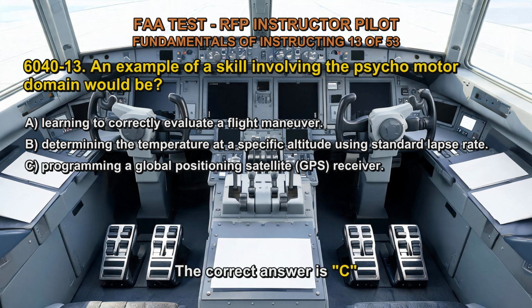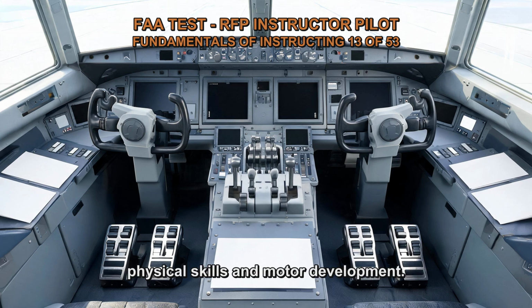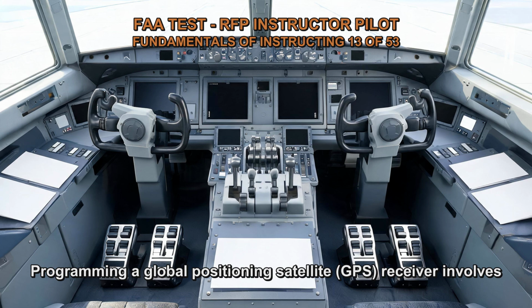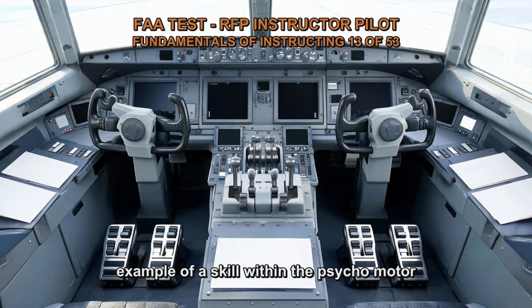The correct answer is C. The psychomotor domain of learning focuses on physical skills and motor development. It involves acquiring and refining skills that require coordination, dexterity, and control of bodily movements. Programming a global positioning satellite, GPS, receiver involves physical actions and motor coordination, making it an example of a skill